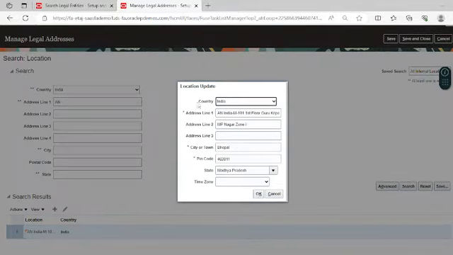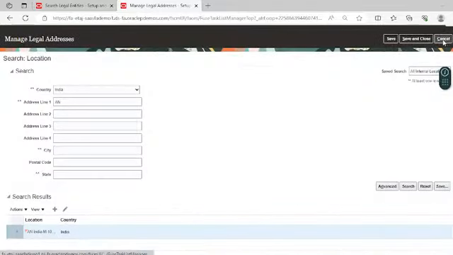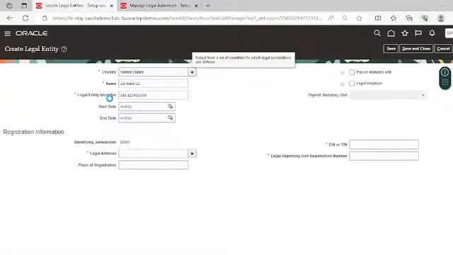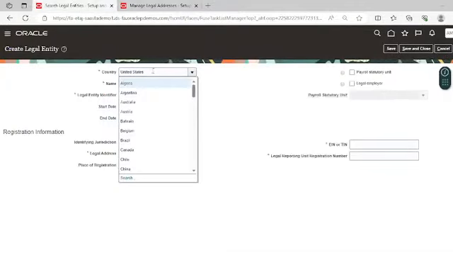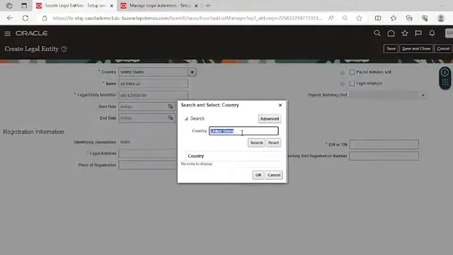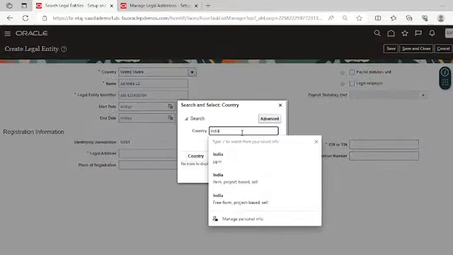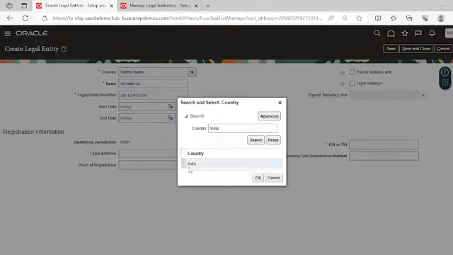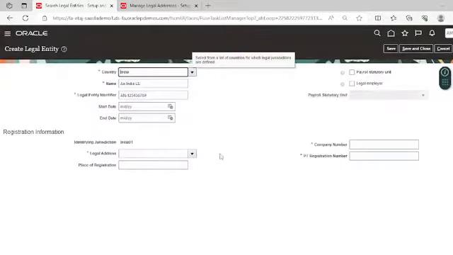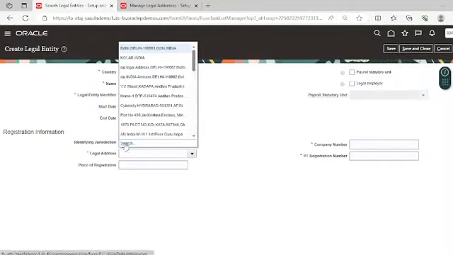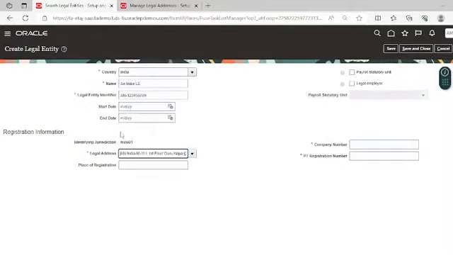We successfully created the legal address for the Indian office, but I don't know why it is not showing in that drop down list. Okay, so I was taking United States, it was coming by default. Let's select the country as India, and now in the legal address we can search for the Aeronet India. So this is the legal address that we have created for the Aeronet Group's